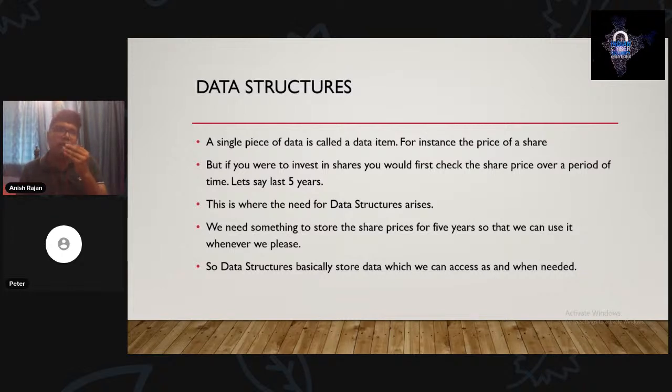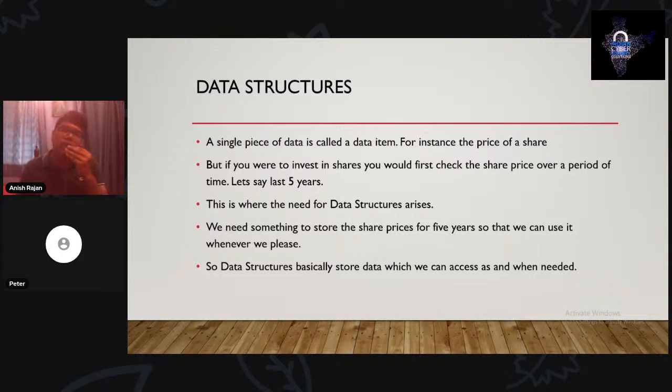But I won't be investing in that share just like that. I'll be checking the entire history of that share: when the price was high, when it was low, what the average price of that share is over 10 years. I'll be checking all these things before I invest.